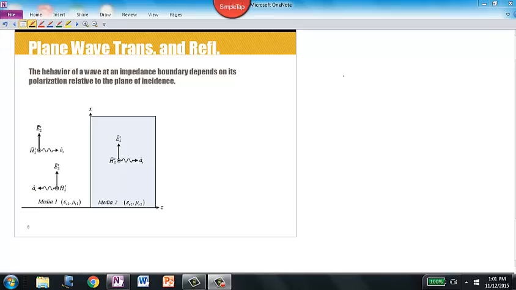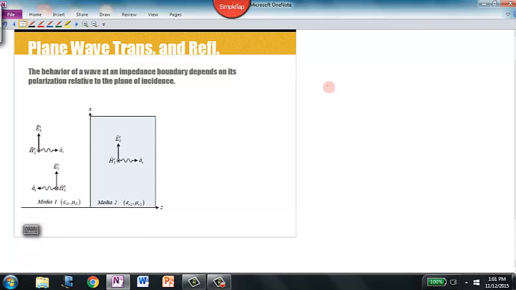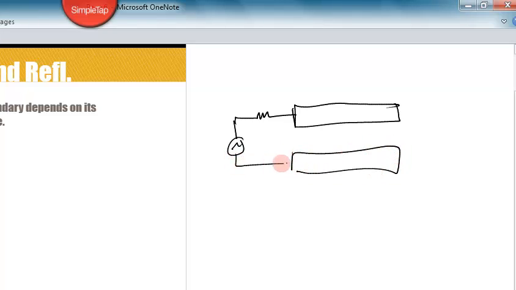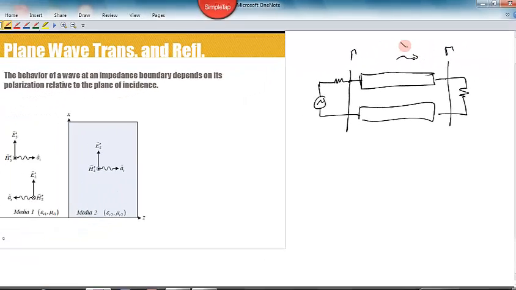So I want you to think back to the lectures on transmission lines, and what we found in our lectures on transmission lines was that whenever we created what we called an impedance boundary between a T line and some other electrical element, we said that there was a reflection coefficient at that boundary. And so in this case, there's two reflection coefficients, and what we know that there was a V bar plus,